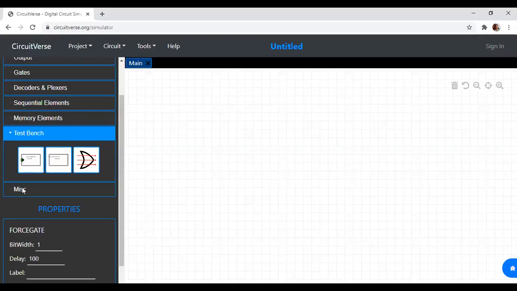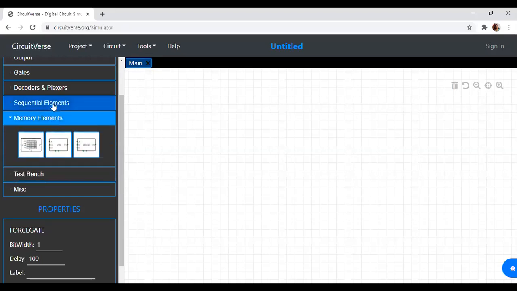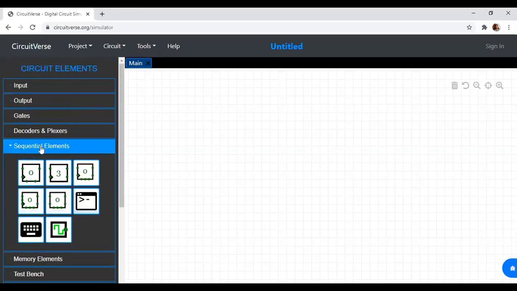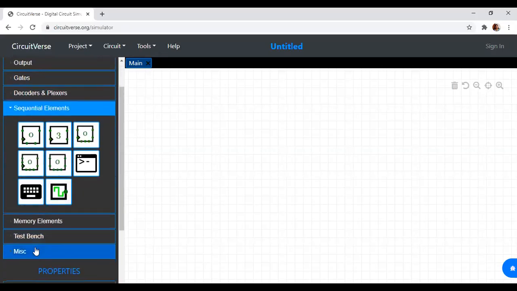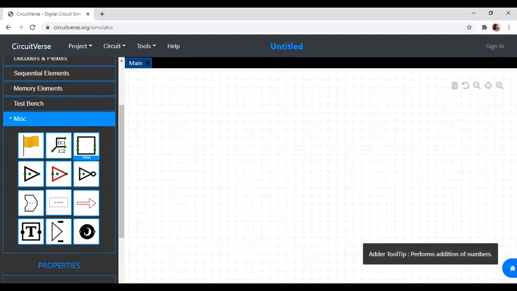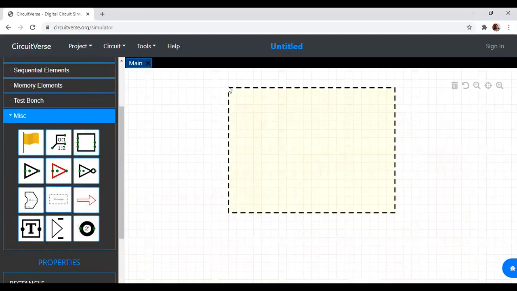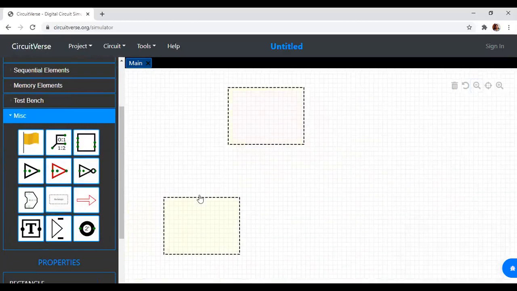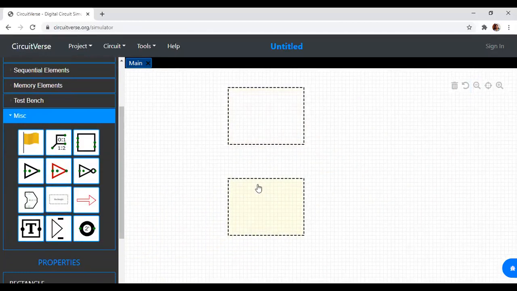Now if you have to design a 4:16 decoder using 3:8 decoders, I've shown the sample for 4:16 using 2:4 over there. For 4:16 using 3:8, I'll just show you a sample. We can see how that can be done. So this is one 3:8 decoder. This will be one 3:8 decoder. This will be another 3:8 decoder.